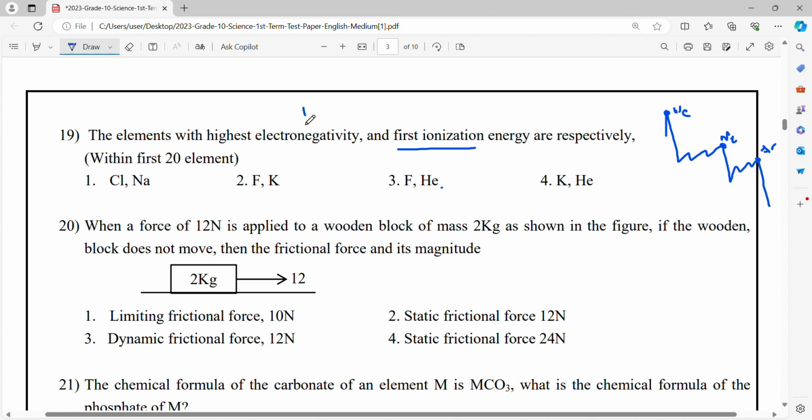Then for electronegativity, we can remember the order as "fun brothers": F, O, N. So fluorine has the maximum electronegativity, 4.0. So the answer is